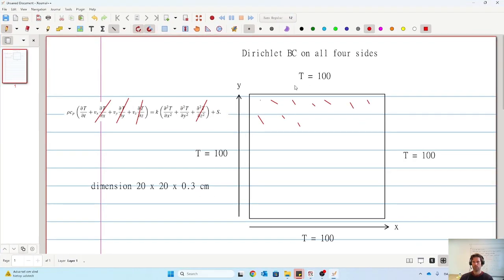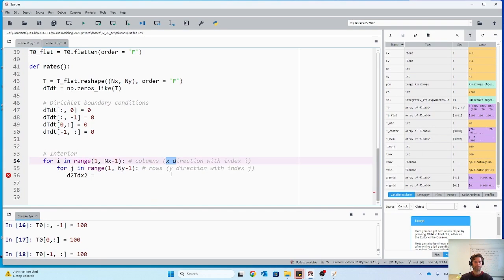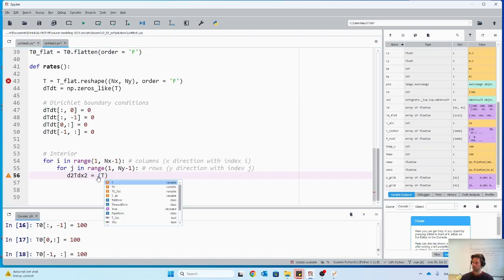If we stick with this figure, x is along the columns and y is along the rows. So in the inner loop, we are then looping along the rows with the j index. And x, that would correspond to that we discretize over the x dimension, and therefore we have to change i. So the central difference would be like this: